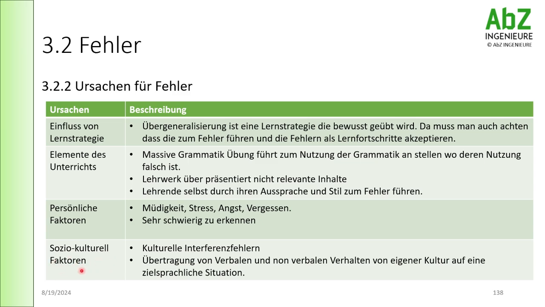Then you have Soziokulturelle Faktoren. These are basically errors which are happening due to cultural interferences. So things that work in north don't work in south of India. Things that work in north and south don't work in west or east of India. So, you have different ways of representing things. Gestik, Mimik is also different between these areas. So whenever you are using something from one particular culture on another particular culture, verbally or non-verbally, then you have a problem in the communication which results in error.